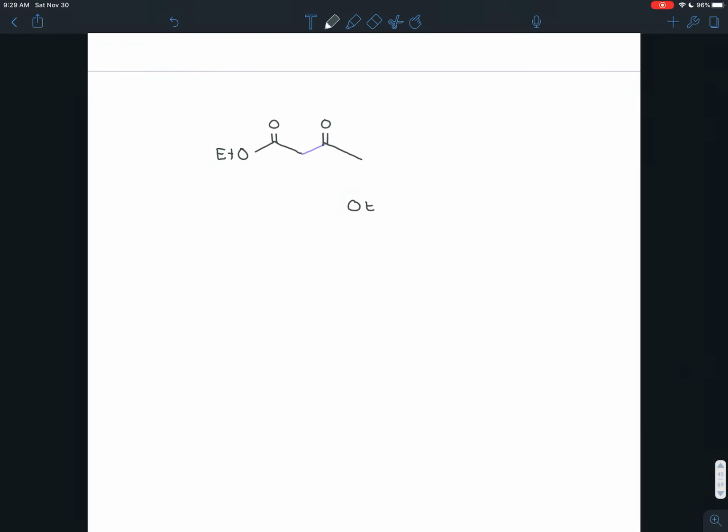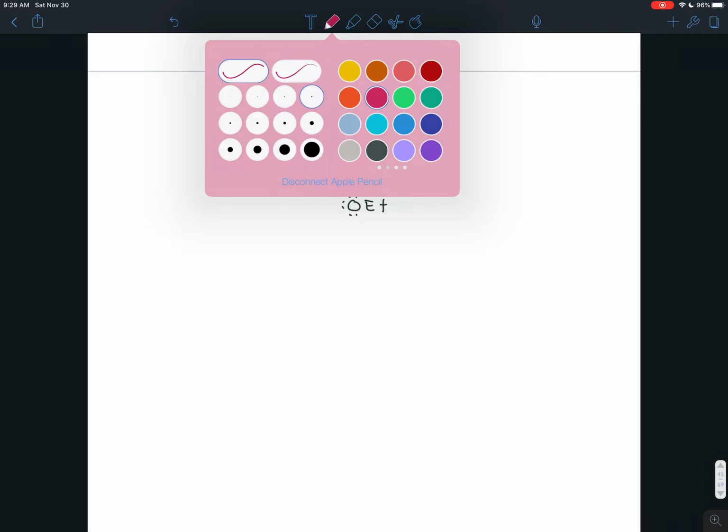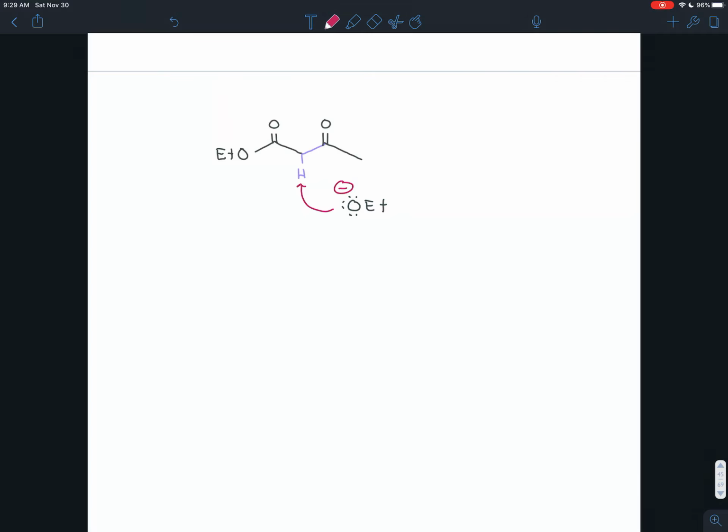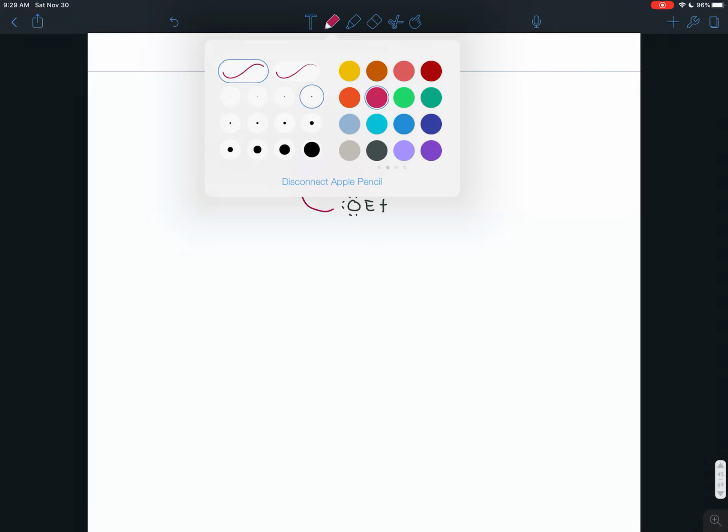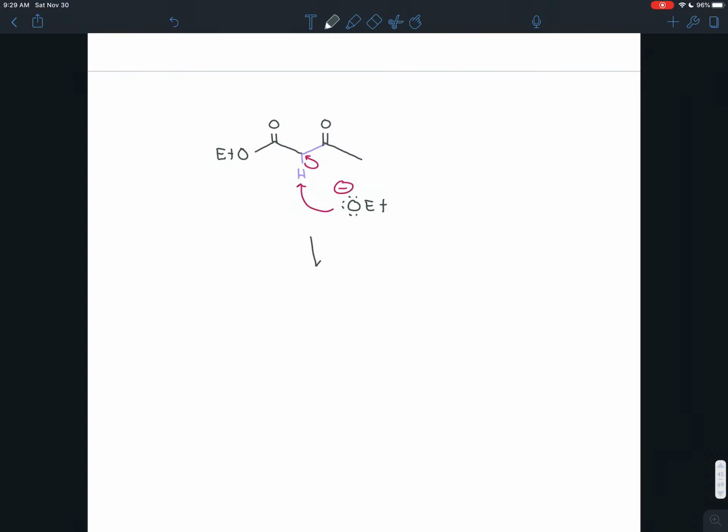Remember, we still have base in this solution. We still have ethoxide, or whatever alkoxide we used, whatever matches the ether in the original molecule. And we also have a vulnerable hydrogen. We have an alpha hydrogen. This hydrogen is alpha to 2 carbonyls. So it's really acidic, because if this base steals that and the electrons go onto that carbon there,